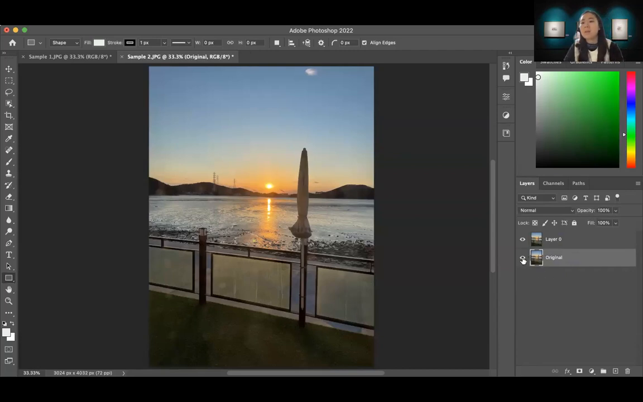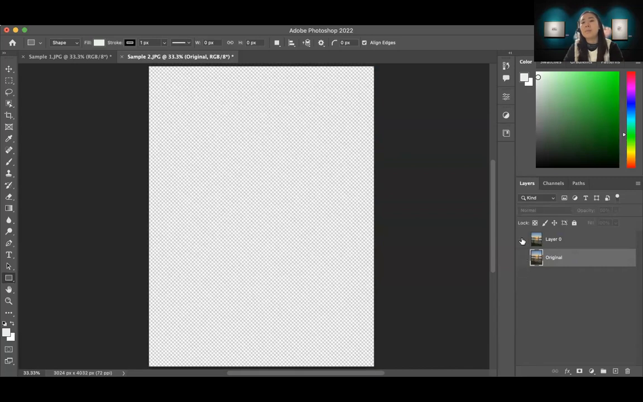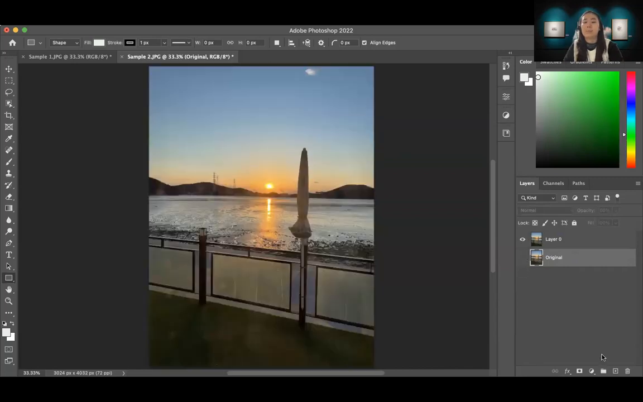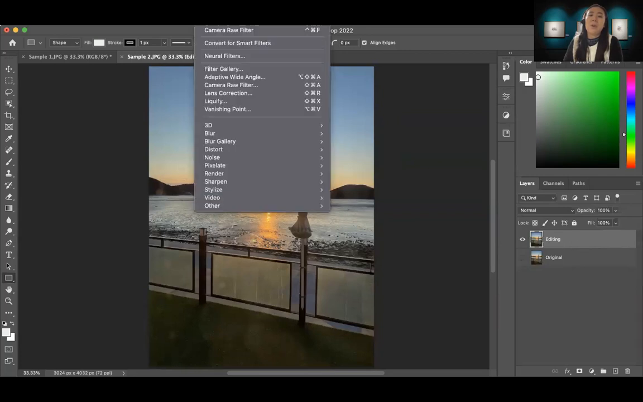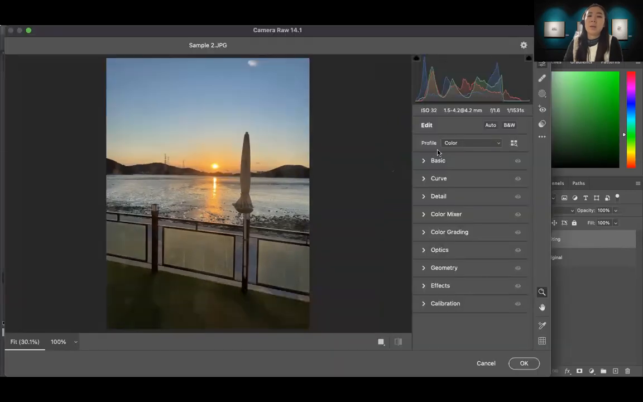And then I'm gonna turn this off. See, there's nothing. And then I will just work with this new layer, the copy one, by editing. I just rename it editing, and click this layer to apply the camera raw filter on this layer, and then just regulate basic